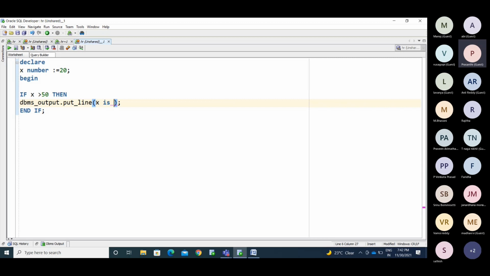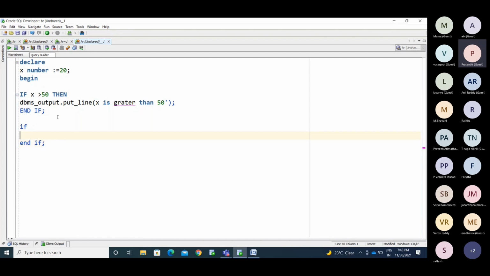So what I'm mentioning is 'x is greater than 50'. If you started with IF, that needs to end with END IF. So while writing the code, if you are using any if statement, try to use the END IF as well.